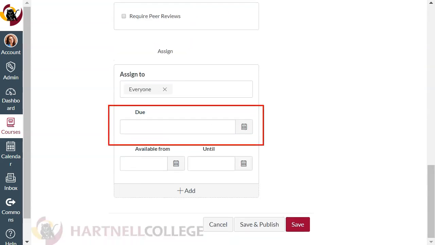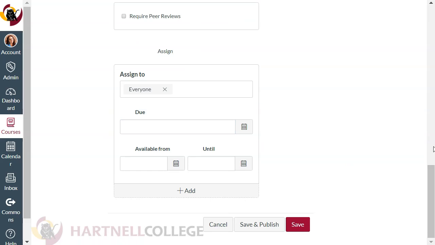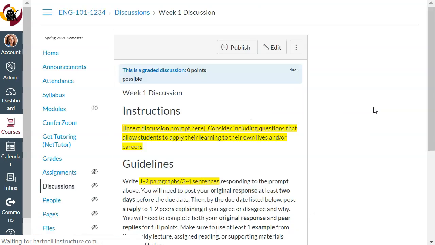Give it a due date. You don't need to add available from or until dates. Just leave a due date. This will allow a student to participate in the forum even past the due date. That item will be marked in your gradebook as a late submission, and you can choose whether you want to award full points or whatever your policy is going to be on late submissions. We'll save, go to the next item,